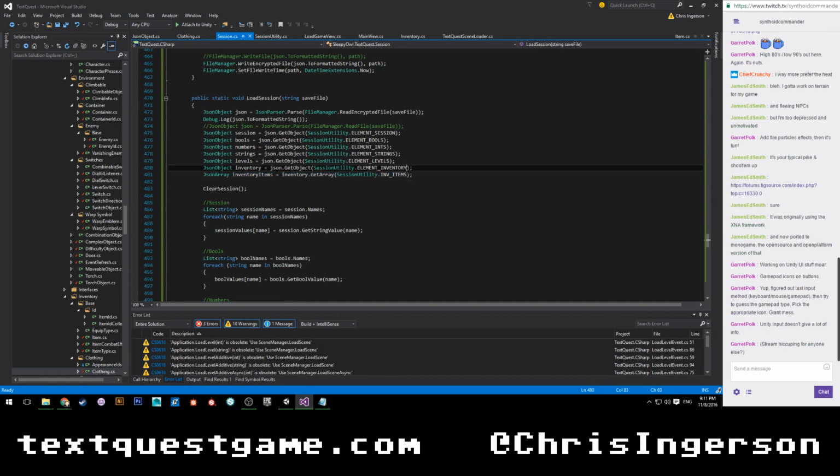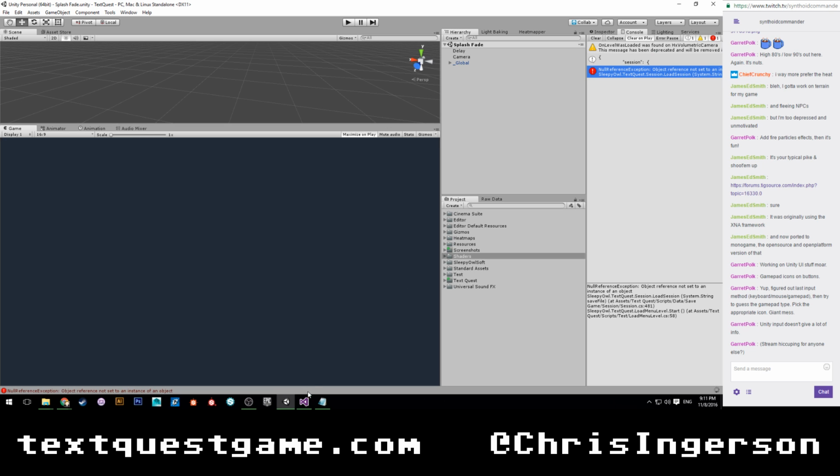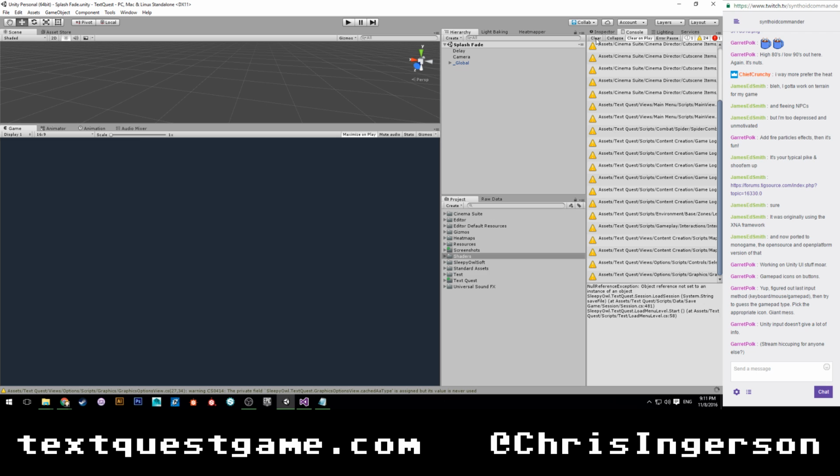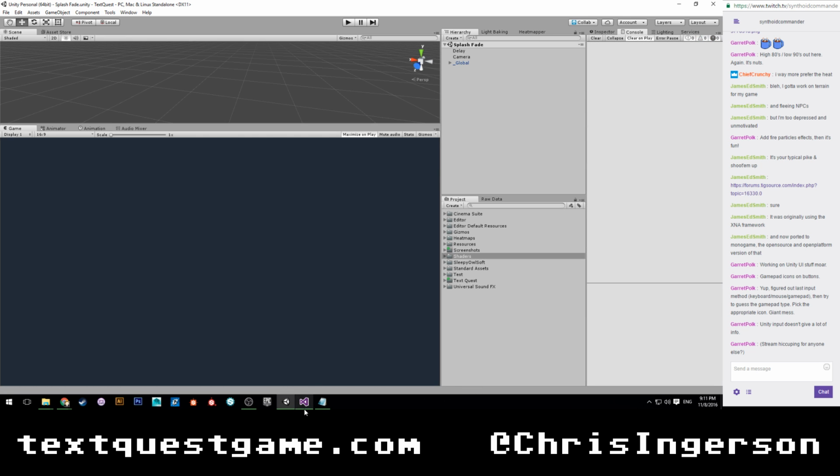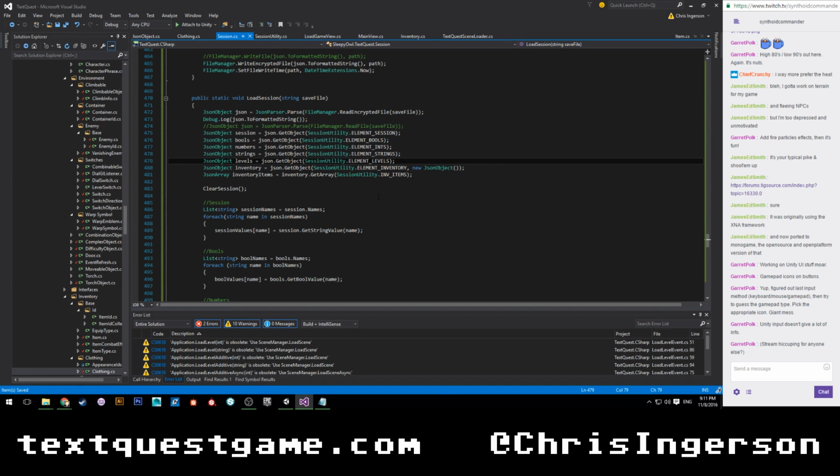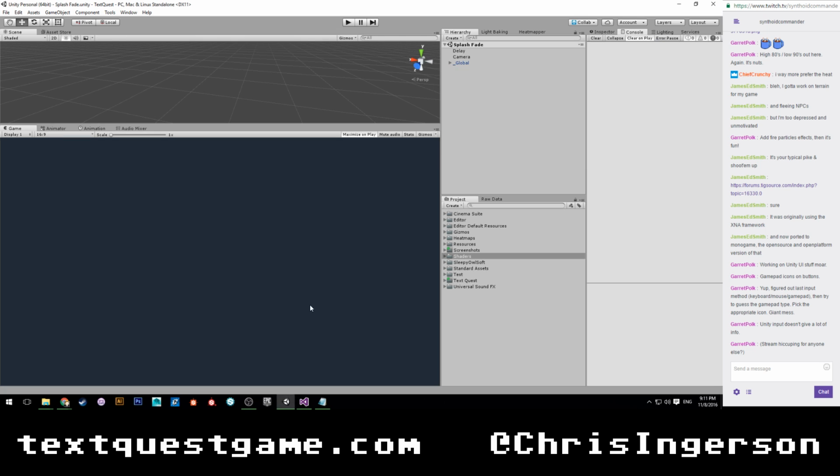Inventory. Okay, so what I'm going to do, we'll see if this will work. Things are probably going to get a little messy here. This is the problem with changing how I handle JSON. It will tend to completely screw with how saving and loading works, and then it'll just throw a bunch of null